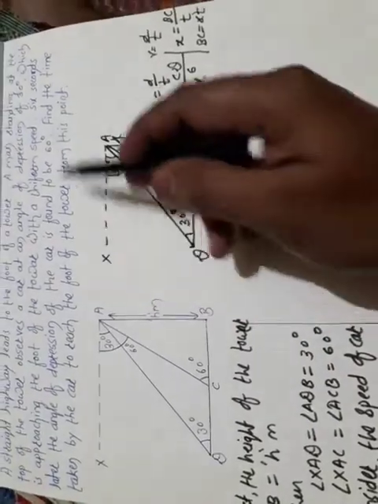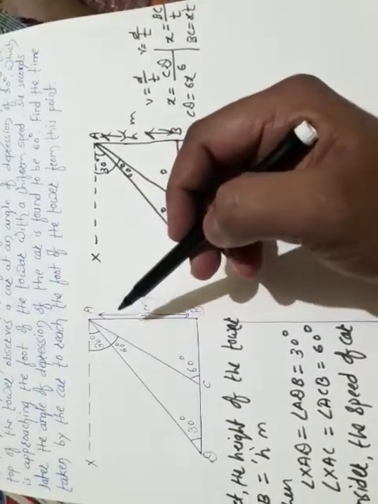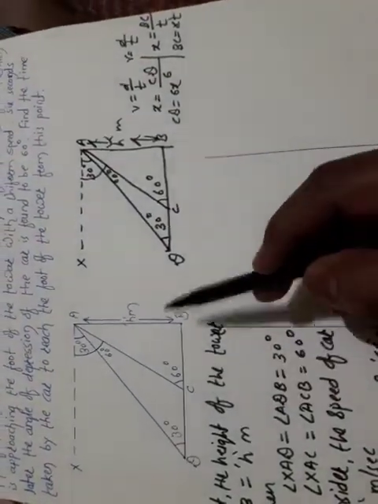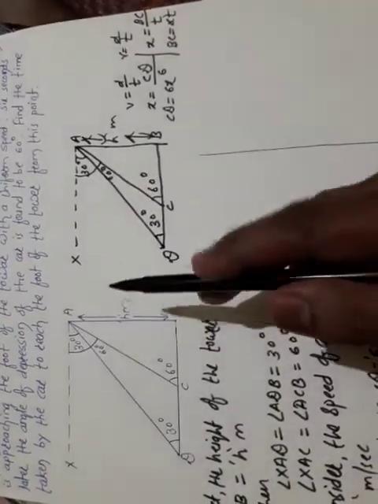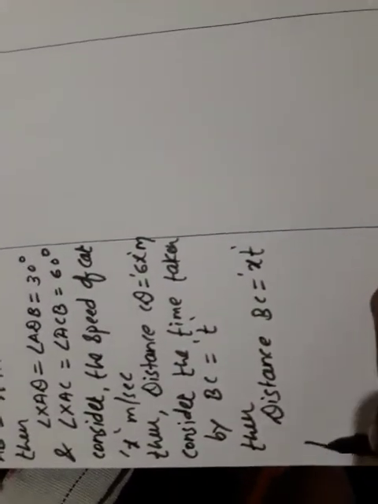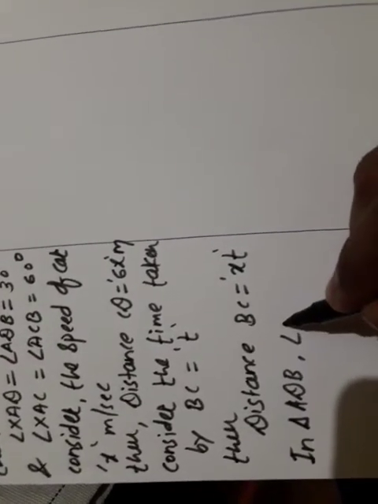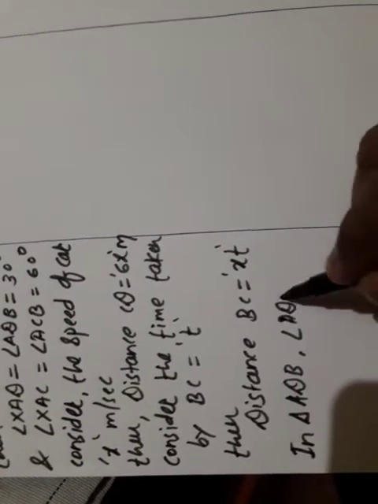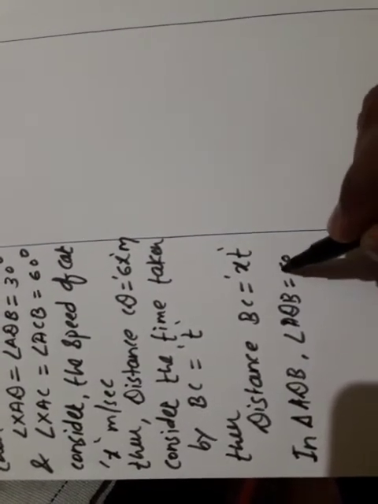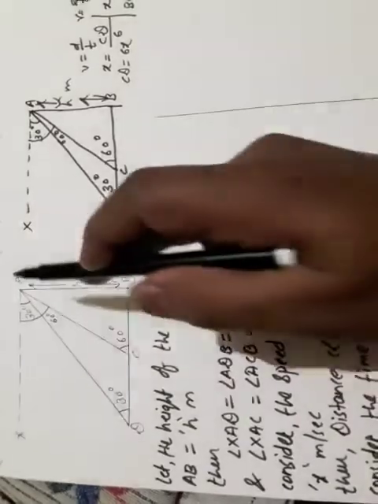Then find the time taken by the car to reach. And by using that we have to find out the time. और उसके बाद हमें क्या करना है, C से B तक जाने के लिए कितना टाइम लगा ये हमें फाइंड आउट करना है. तो देखो ये अननोन है, ये भी अननोन है, इसका टाइम हमें मालूम है. तो कैसे फाइंड आउट करेंगे, देखो इधर. Okay, I am going to start. In triangle ADB, angle ADB is equal to 30 degree. एंगल ADB कितना है? ADB is equal to 30 degree. Got idea?